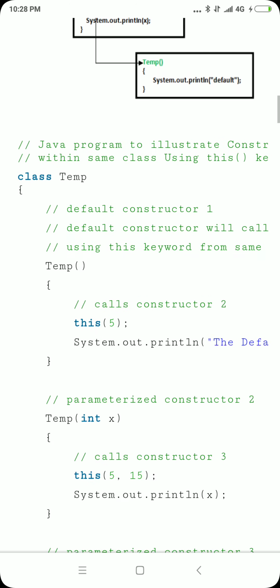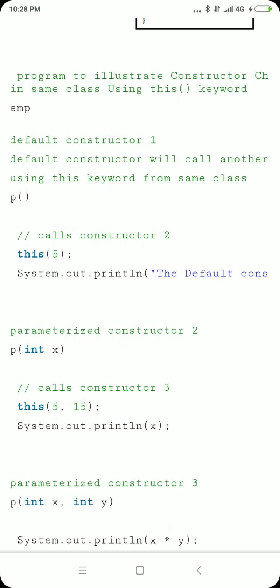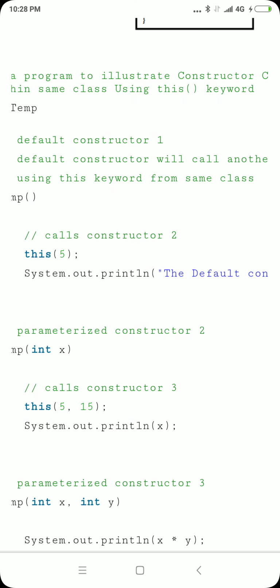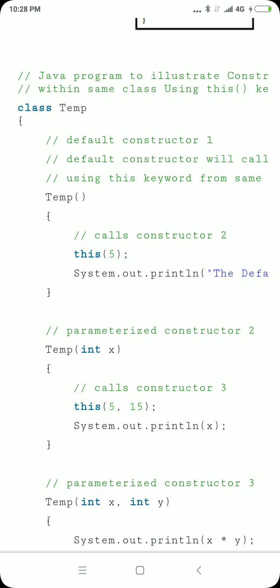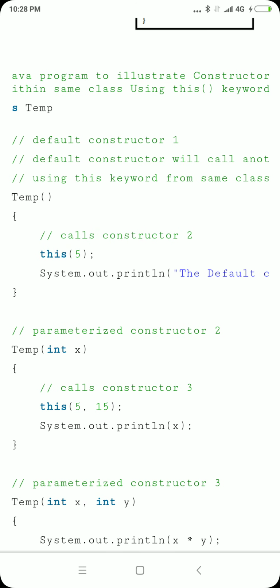So look at the program here carefully. I have created a class temp with default constructor 1. What I am going to do here is call another constructor from the same class using the this keyword. I have created the temp constructor first, which calls constructor 2 with one argument. Because I have taken no value, temp only, it will call the default constructor.